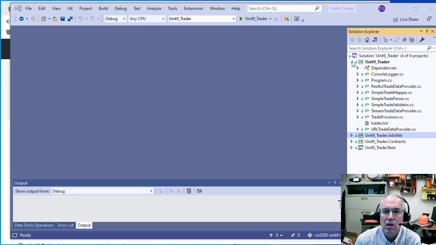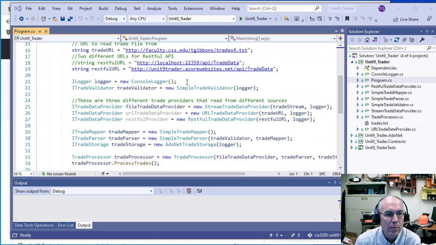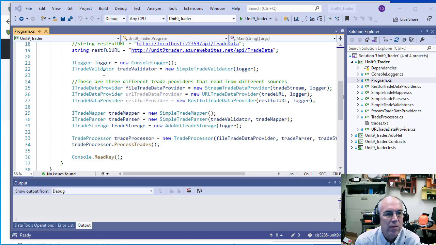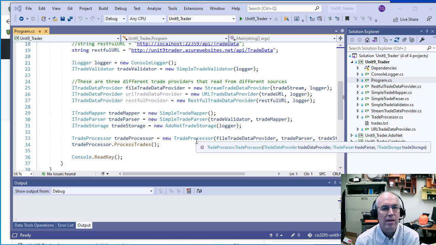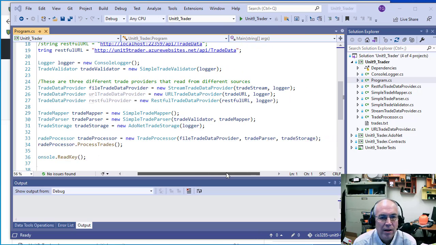But again, most of the code is in this Unit 9 Trader, so it includes our main program. If you remember the structure of this, we create all of our objects and put them together and pass them to other objects here. So for example, we create our trade processor and we pass our trade processor